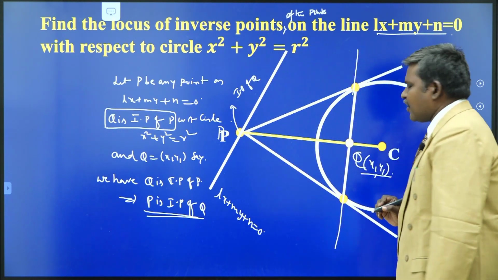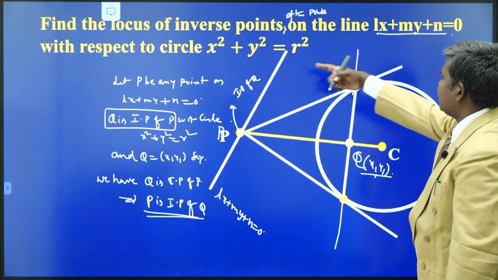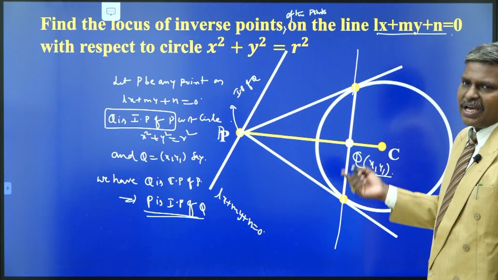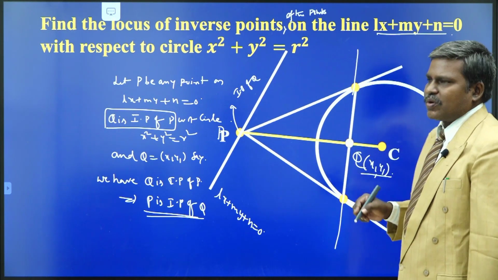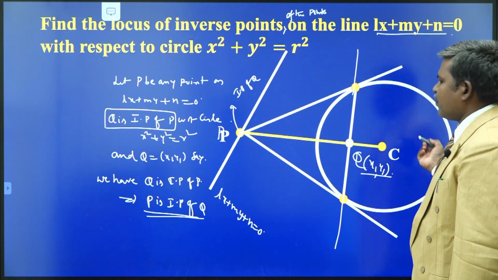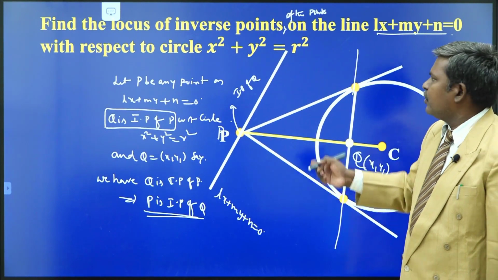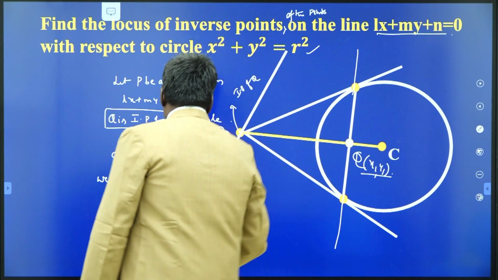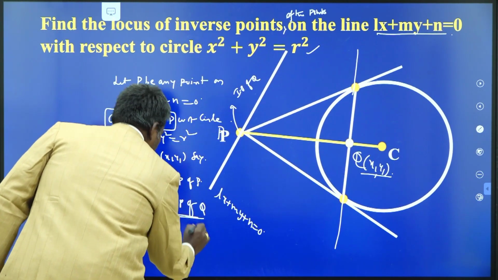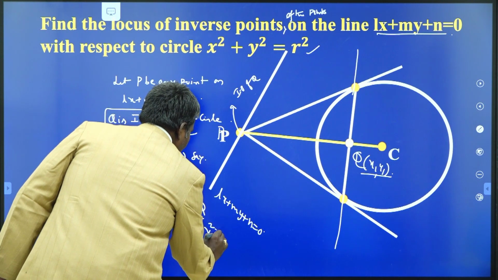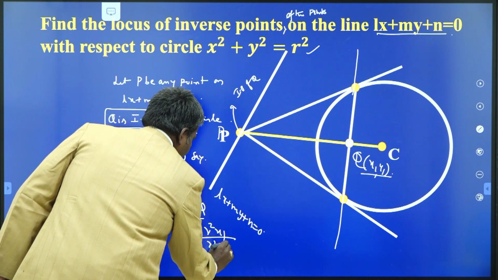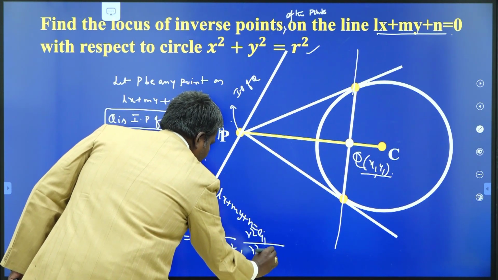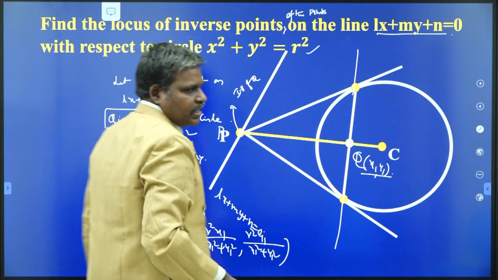We have the coordinates of Q as x1 comma y1. Your circle is x square plus y square equal to r square. Can I write the inverse point of Q, that is P, or not? P is nothing but a square x1 by x1 square plus y1 square and a square y1 by x1 square plus y1 square. Already we proved. Here instead of a you have r. So, what are the coordinates of P now? P is equal to r square x1 by x1 square plus y1 square comma r square y1 by x1 square plus y1 square. Already we proved this one. If you want, you can prove once again.